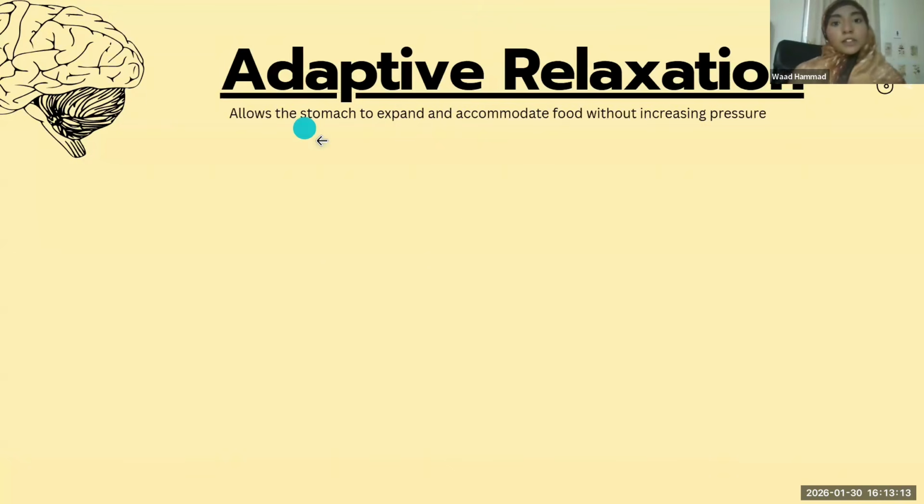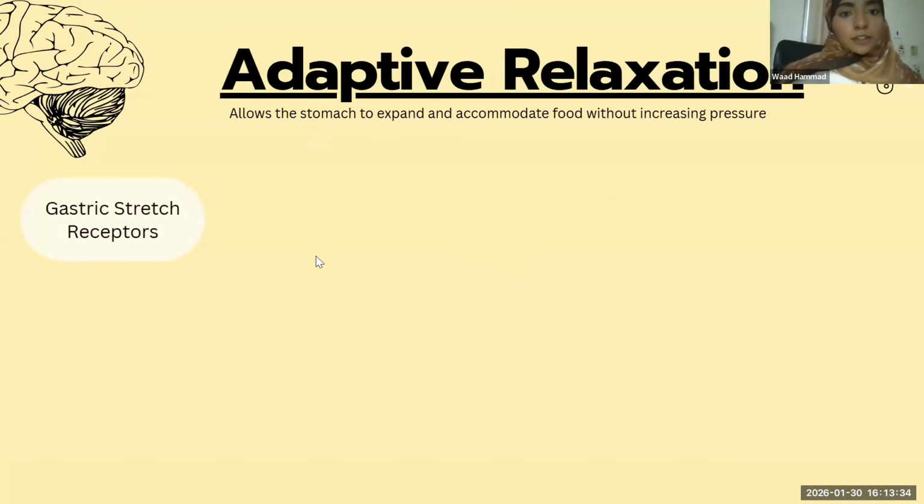Adaptive relaxation allows the stomach to expand and accommodate food without increasing the gastric pressure too much. Because if you ate and ate and kept eating and the stomach just stayed as it is, then it would be a big problem. It would basically explode. We don't want so much pressure building up in our stomach that it causes a problem. So this is what we have in the adaptive relaxation mechanism, which helps us prevent too much increase of the